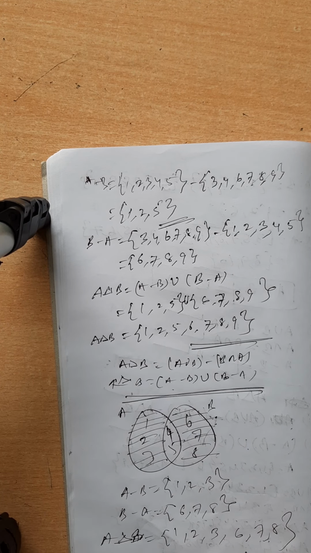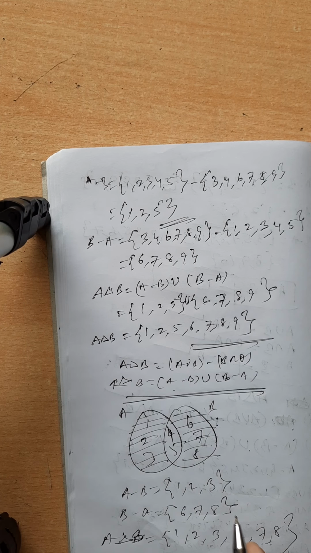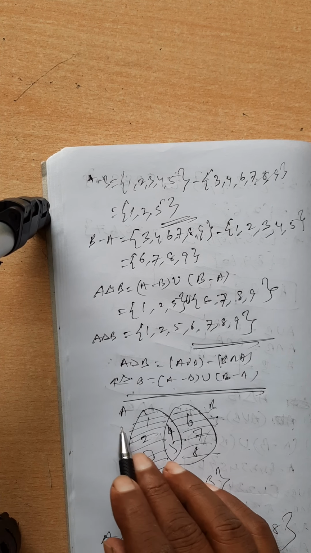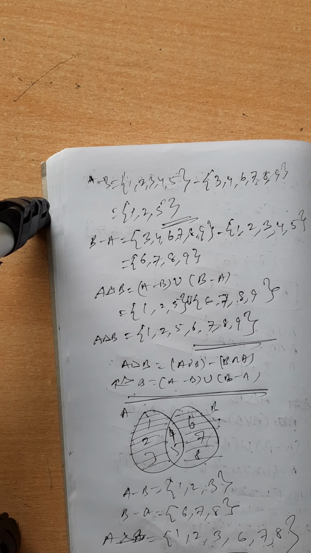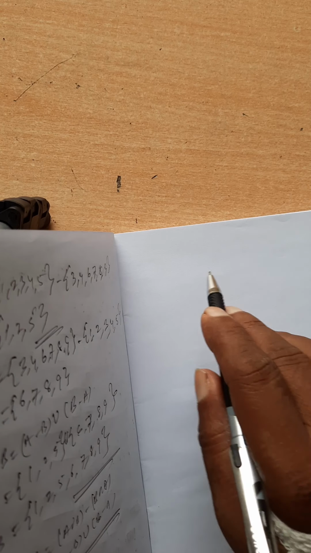For this set, see this question, not the above one. The above one is different. We are taking this A as B. So this is our A delta B. From the Venn diagram also we can get this shortly. Okay. Now A minus B, B minus A and union are over. Now complements.